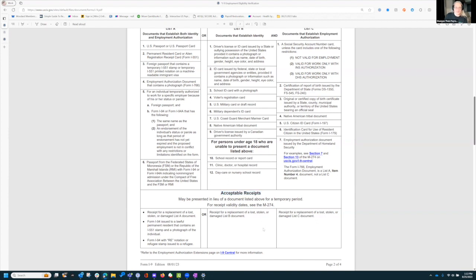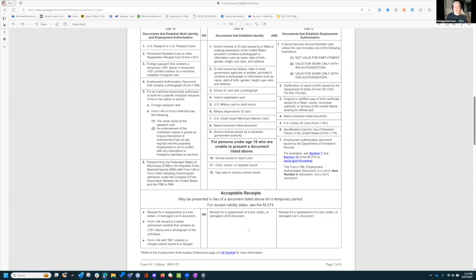I very rarely have anybody that submits a receipt, but always, if you have a receipt for a replacement of a lost or stolen or damaged document, as soon as that gets replaced, it's always been our policy to have